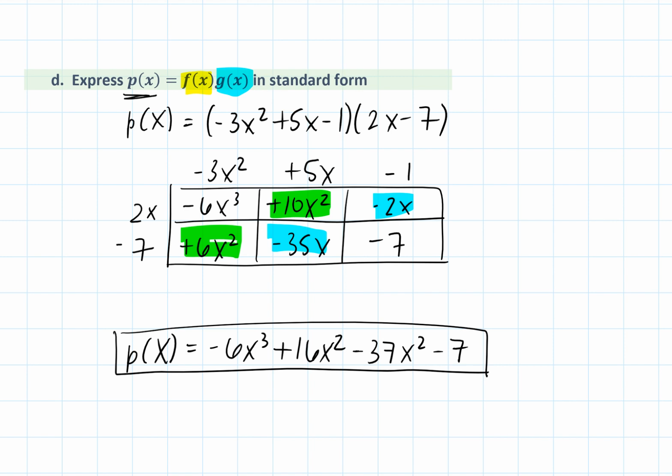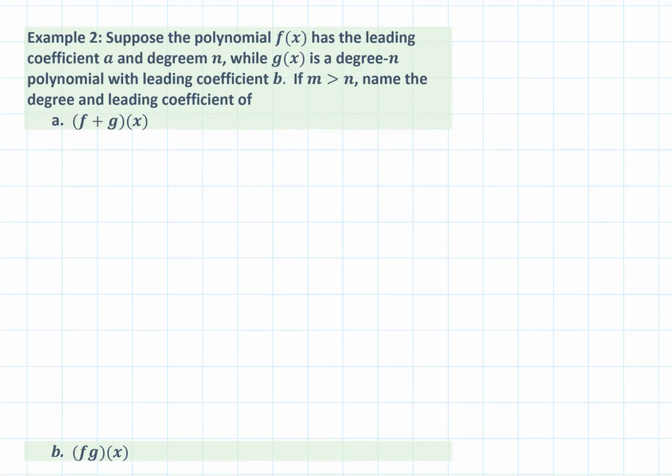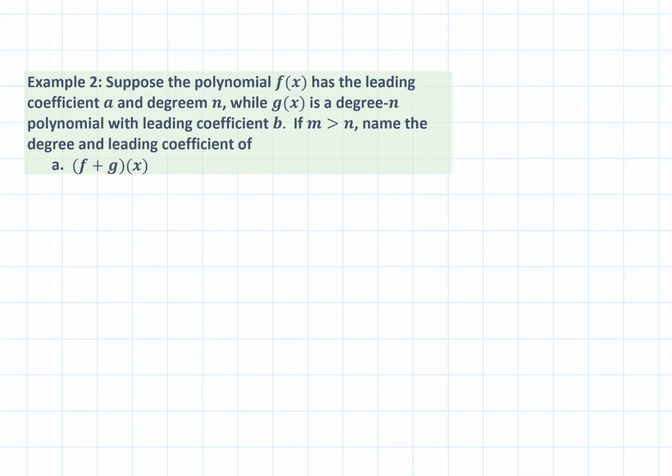Okay, let's take a look at our second example today. Suppose the polynomial f has leading coefficient a and degree m. Well, g is a degree n polynomial with leading coefficient b. If m is greater than n, name the degree and leading coefficient of this new function, f plus g of x. Now this notation looks weird, but this is just saying we're making a new function by adding together the entire